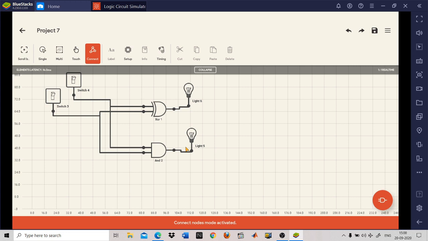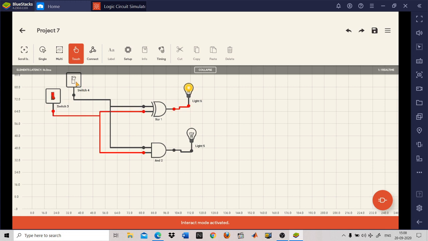For that you have to go to touch. Touch means you are switching the inputs on or off. Now when both are 0, no red lines are there. Fine. So 0 plus 0 means the sum will be 0 and carry is also 0. Now this is 0 and this one is 1.